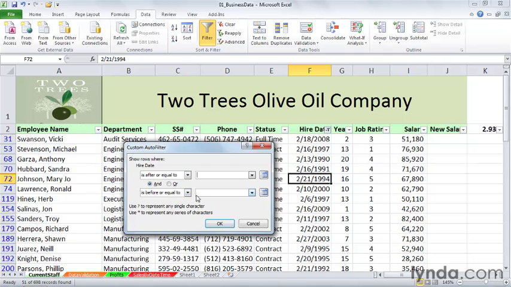So if you work with these in prior versions of Excel, you might have an instinct to say, well, we got to do this by way of custom auto filter, and you certainly still can, but these easy to use choices make it even simpler. So if we just want to view the people hired within a certain time frame, is after or equal to, and we might, for example, put in